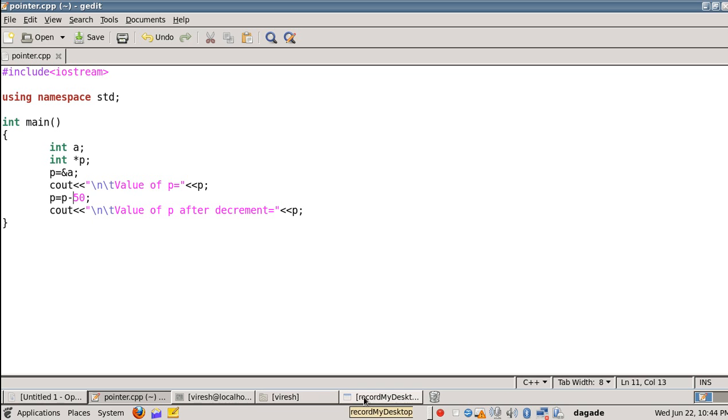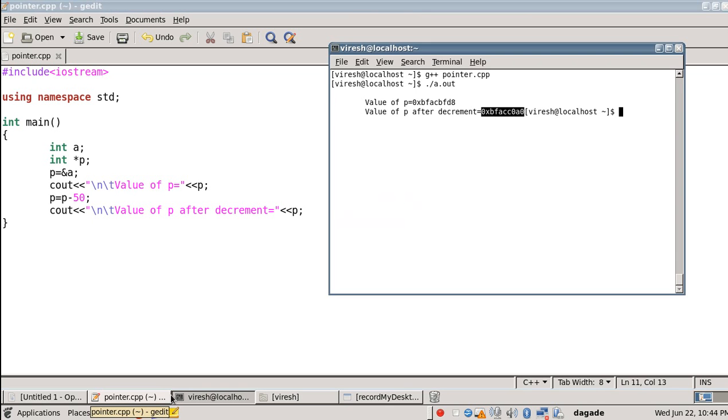So over here with respect to minus, after decrementing 50 from